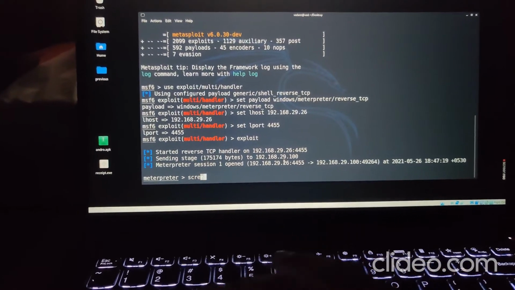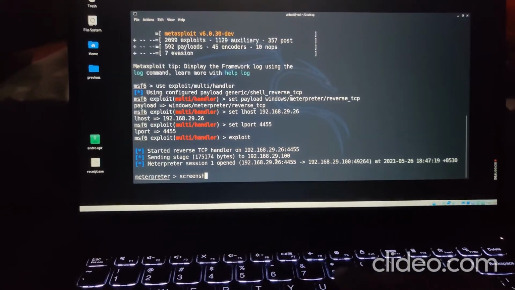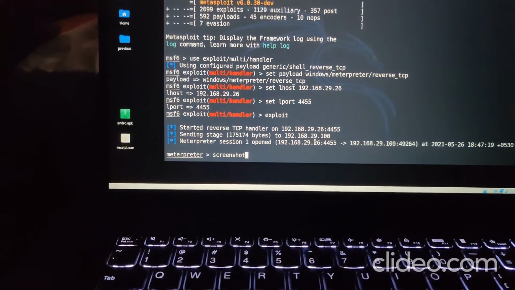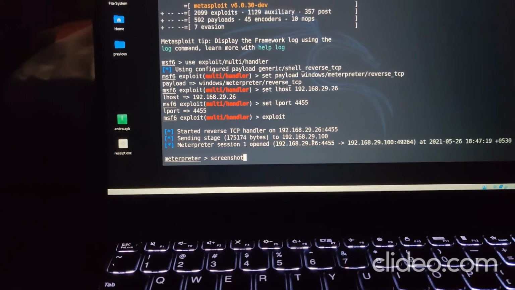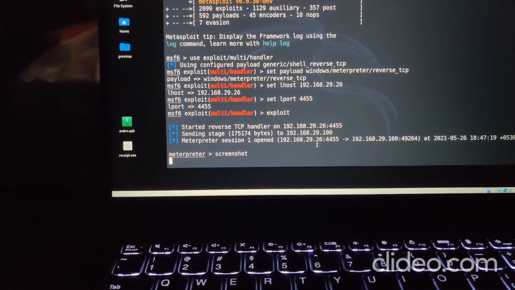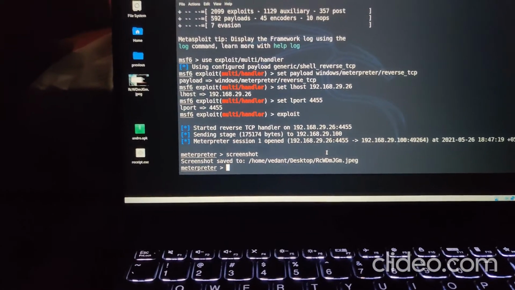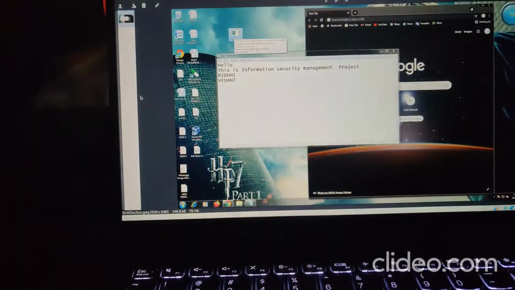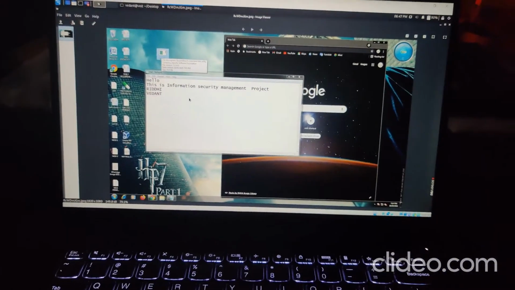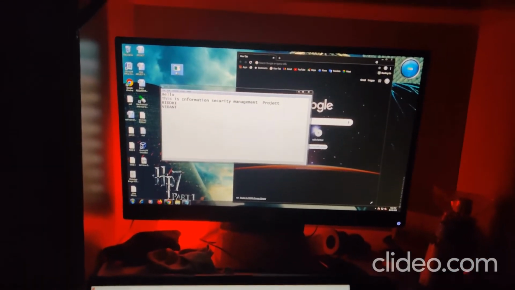I'll just type a simple command, screenshot. This is going to take a screenshot of the victim's computer. I'll just hit enter, and we see that there is this file created automatically. This is a JPEG file, and this is the screenshot of the window which is right open in front of me over here.